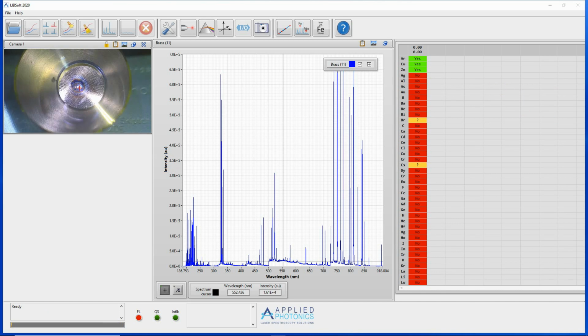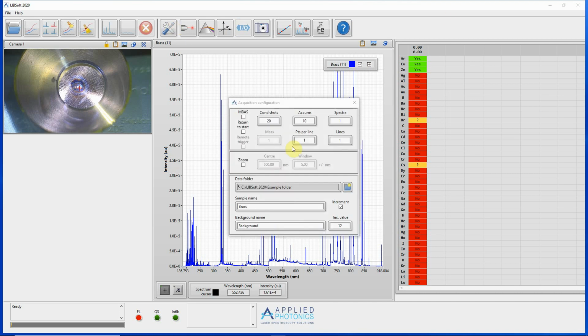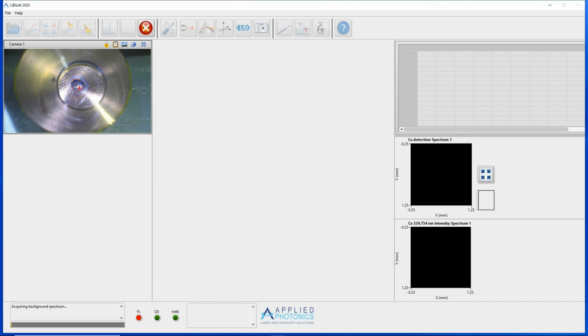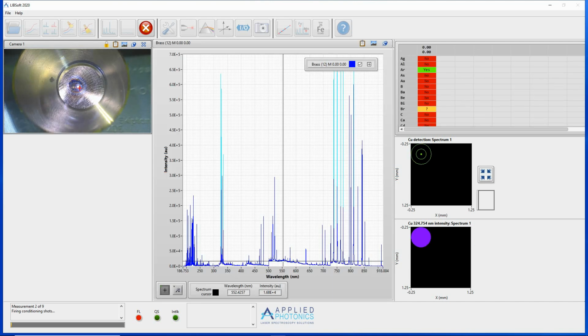If the number of measurements is then increased, for example to specify a 3x3 raster scan of the sample, then the screen is updated to display the element identification and peak intensity maps below the table of identification results. If we then initiate another acquisition, the 3x3 raster scan of measurements is initiated,